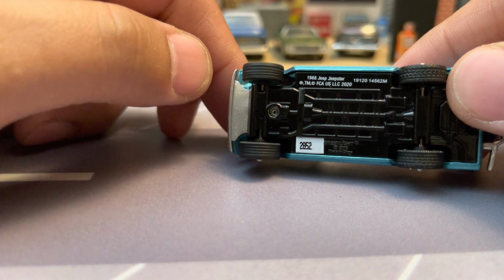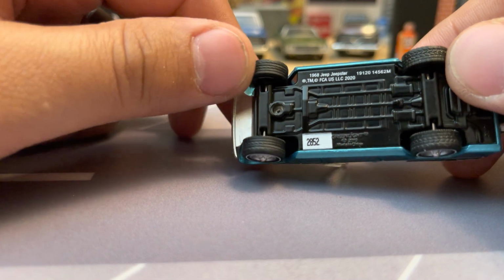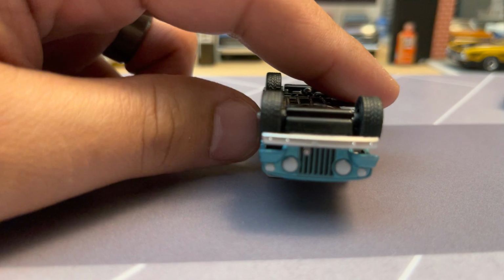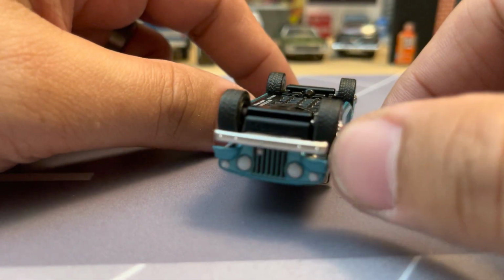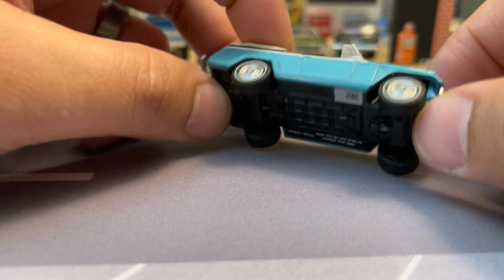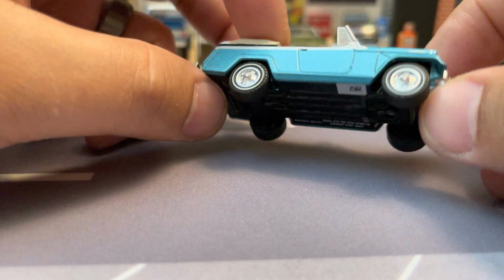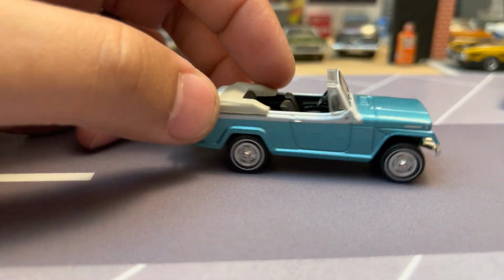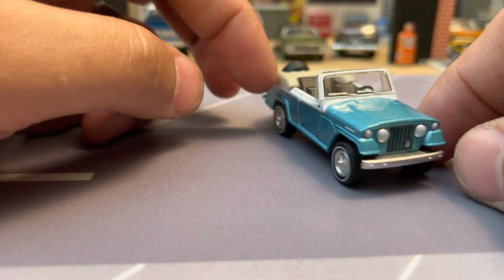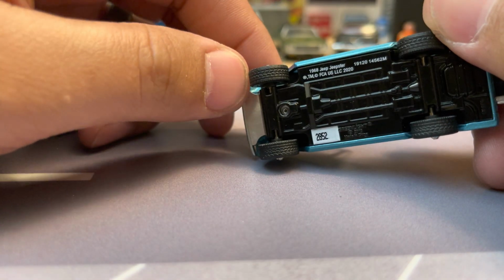Been through a couple mold changes, I think. I mean, basically the same tread pattern, but it's getting better. There's a lot less flash on these tires. Hit or miss still, I'd say, but the tire situation is getting better. It got real bad for a little bit. You know, when originally Greenlight did their wheels and tires, they were pretty straight and true. Kind of got off the rails for a few years, and now it's been getting pretty good. The wheels are a little bit thinner, so